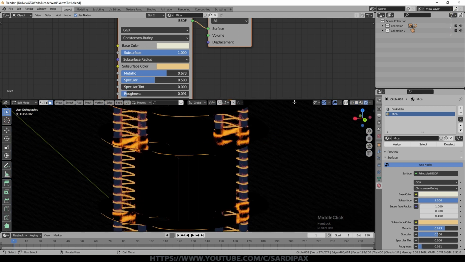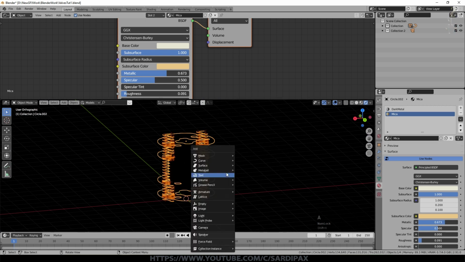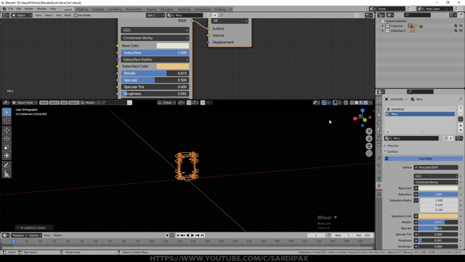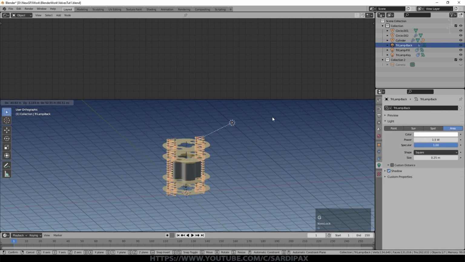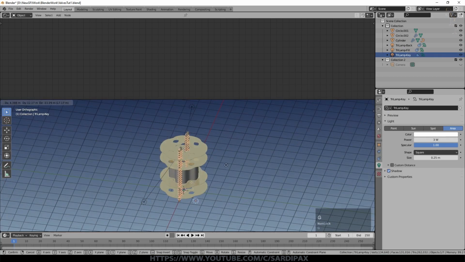Remembering we haven't really got any lights in the scene yet, so I'm going to put a light in now. Come out of edit mode and add, let's just put some 3-point lights in. That's a nice and easy thing to do, but we do need to move them around a little bit. So 3-point lighting is a very basic lighting setup that generally gives you what you need for most things.